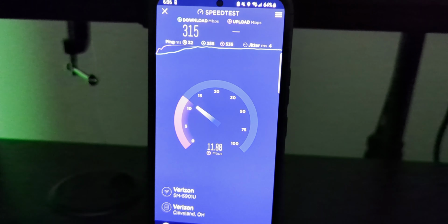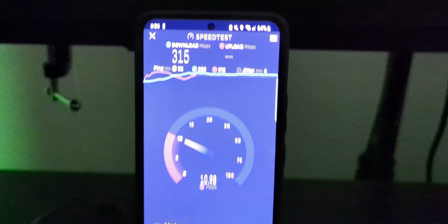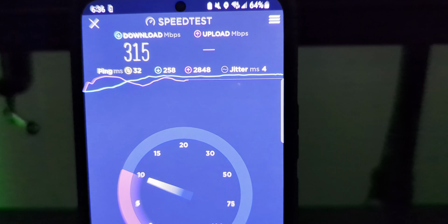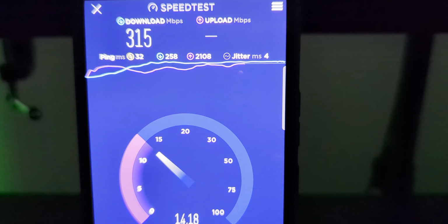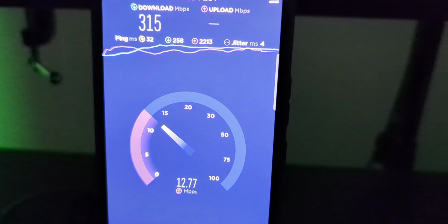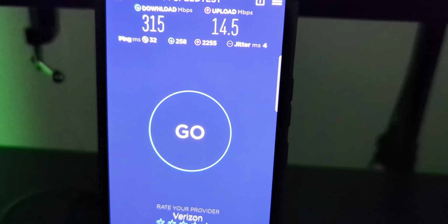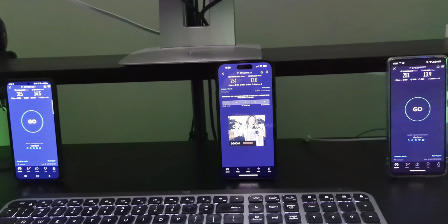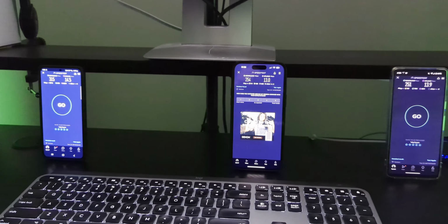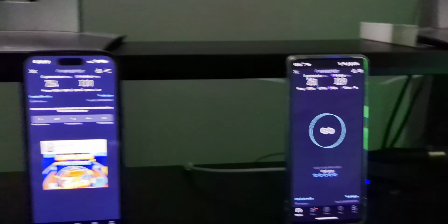And we got a little bit of variability on the Galaxy, a little bit faster on the downlink here. Okay, so we got a 32 ping, 258 on the download loaded ping. The upload loaded ping is way higher. Wow, it's like 2,500. All right, 4 jitter, we got 315 down and 15 up. So in my estimation, we're doing pretty good here. We're basically getting what we wanted. It's pretty close, give or take. We're ranging between 250